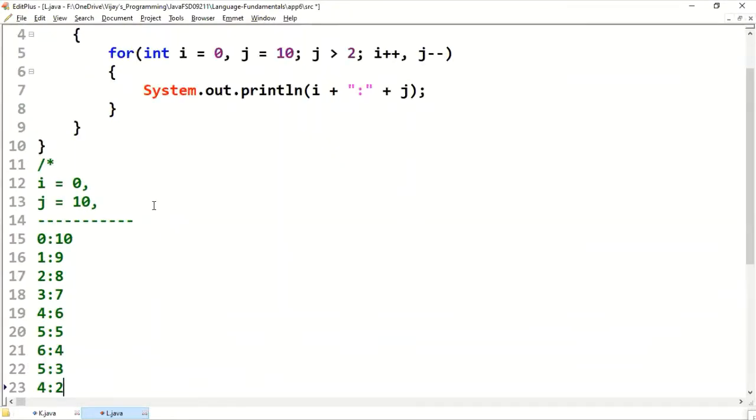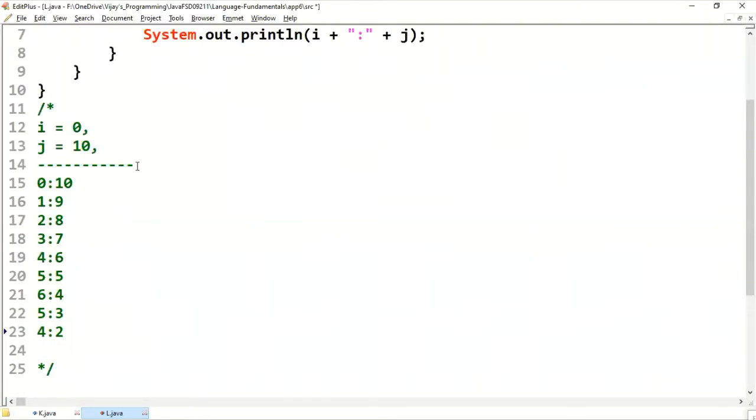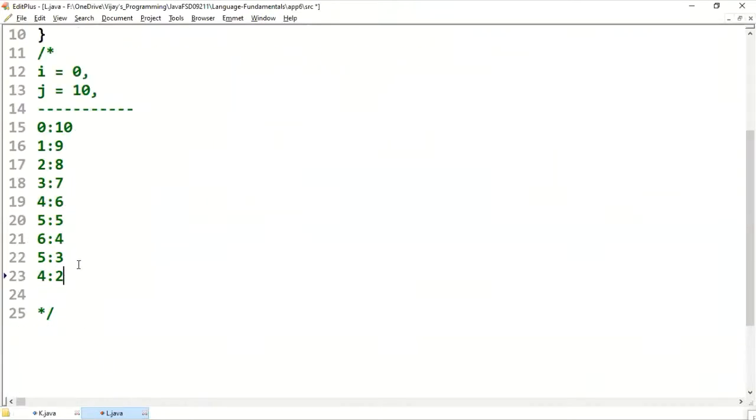Observe. We don't get this iteration, because j is 2.